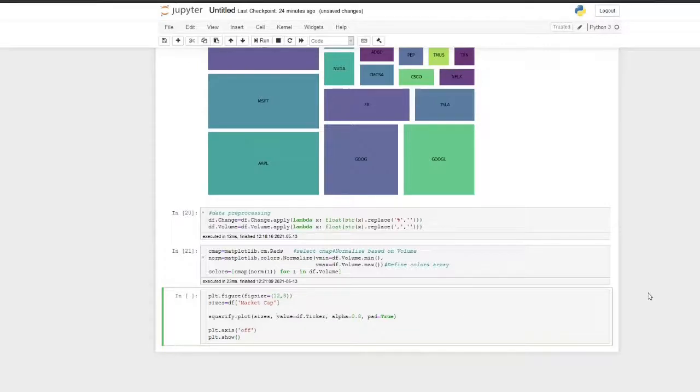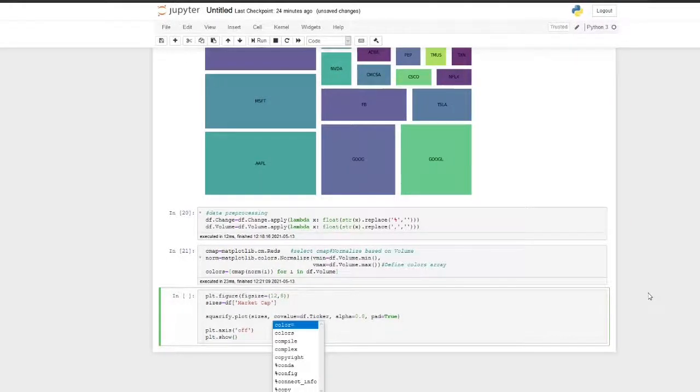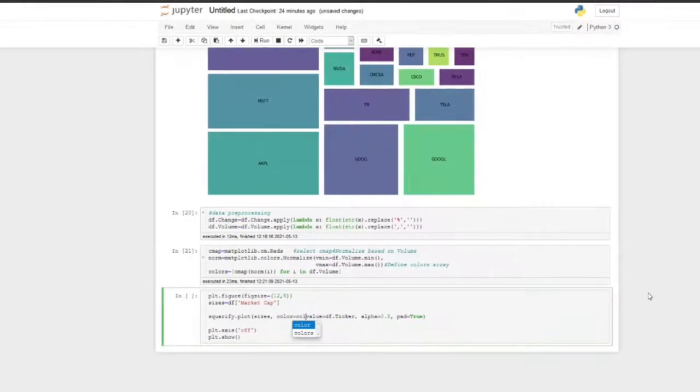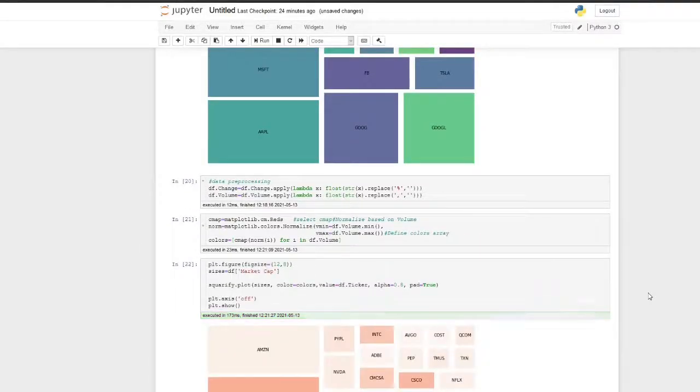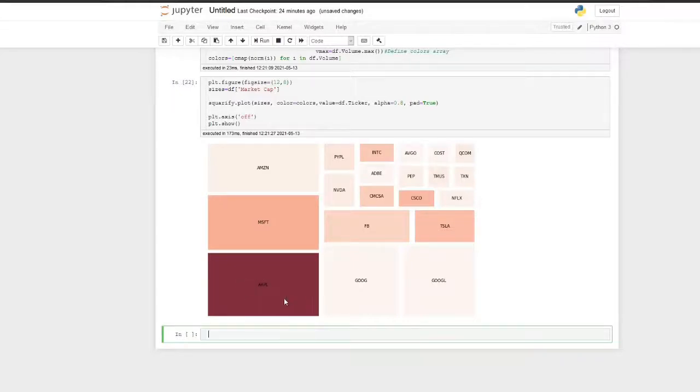So I will pass it into the colors argument, color equal to colors. Now you can see the stock with maximum trading volume will be in a deep red color, and the stocks with lower trading volume will be in a lighter shade of red.